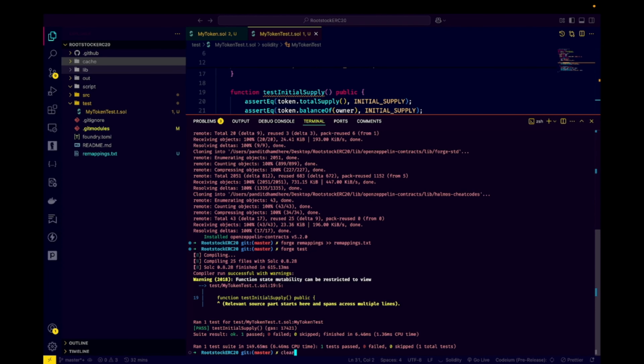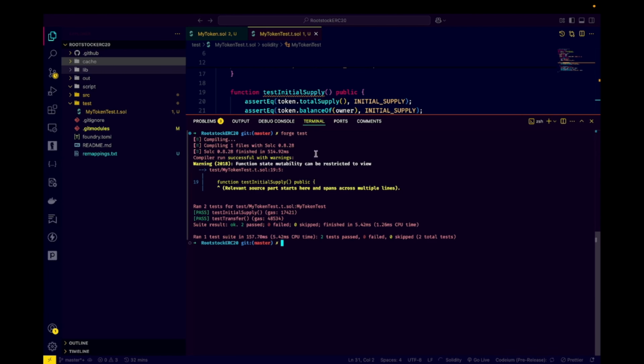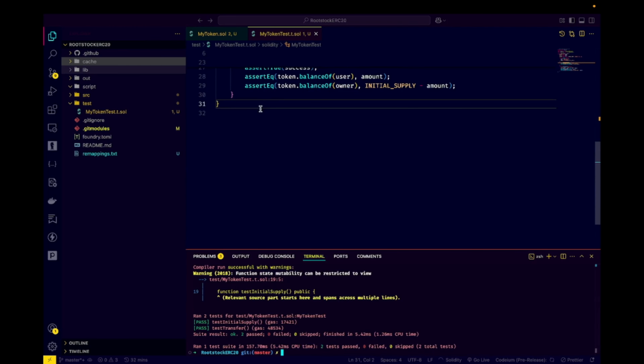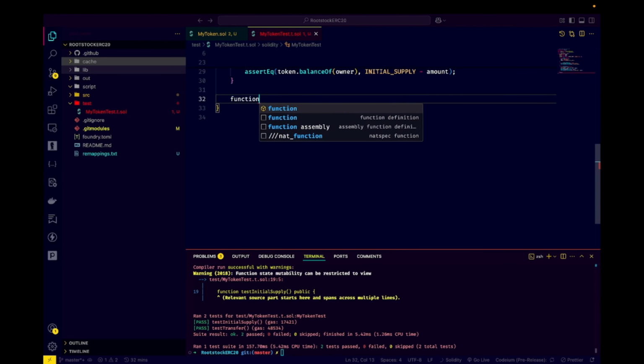Let me clear my terminal, and you can see here forge test. There we go, our two tests have passed, and we are going to write our last but not least test. Let's start writing test revert when transfer insufficient balance. So function test,